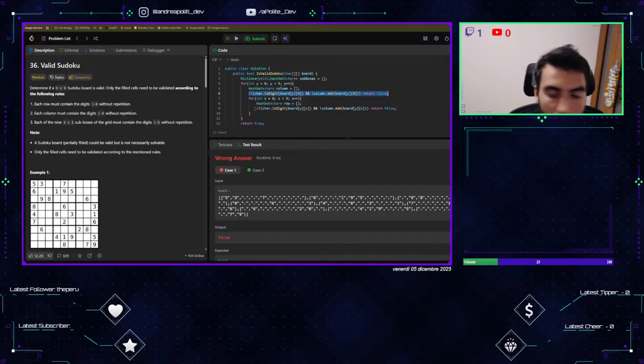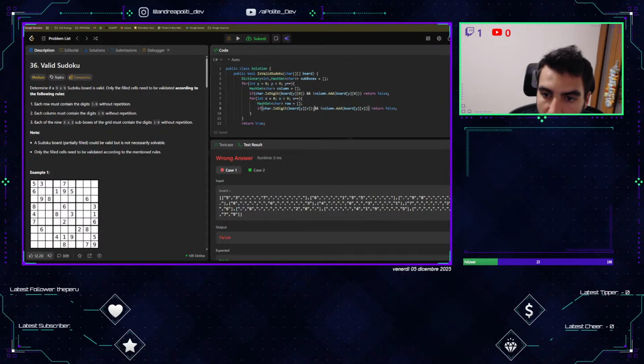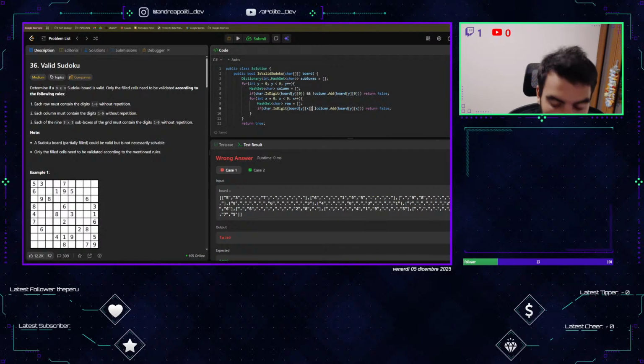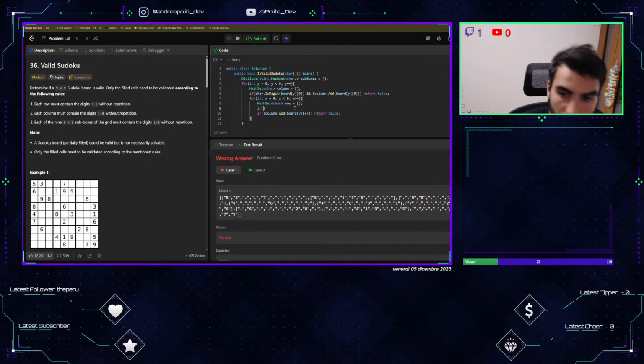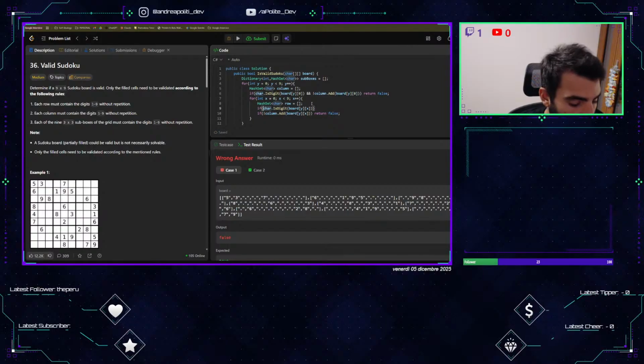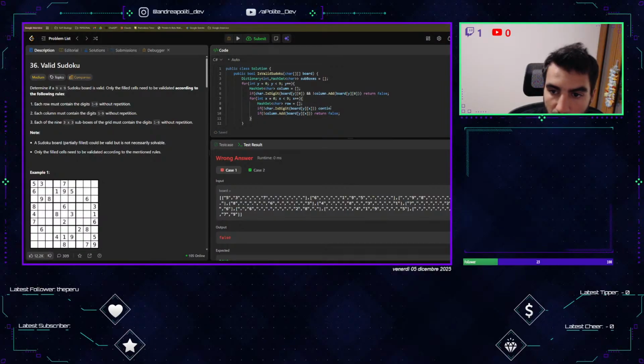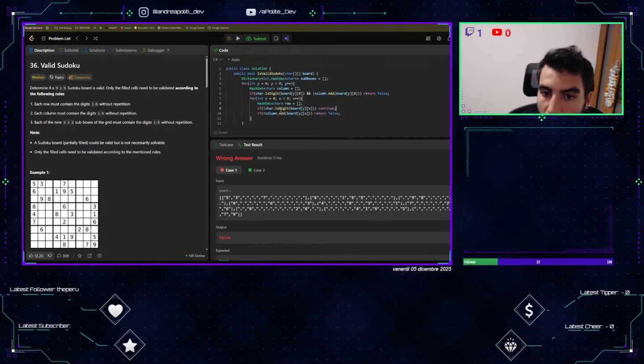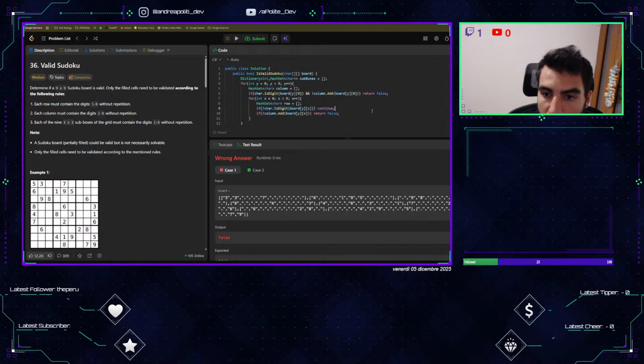Instead, this char is digit. We can do something like if char is not digit, continue, because we want to check only valuable stuff. Okay,